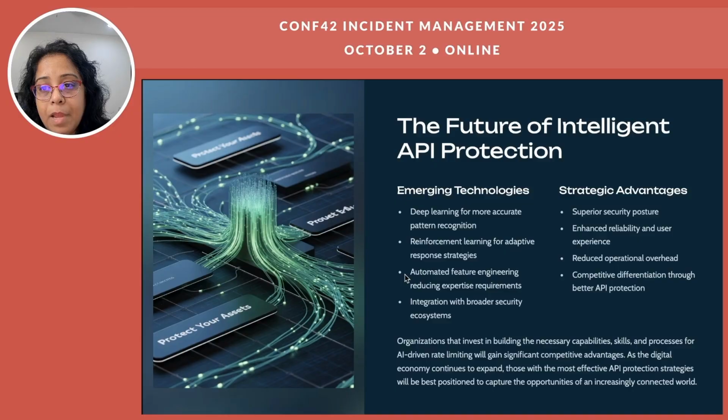So what's the story? It's about moving from rigid, dumb rules that hurt your business to a smart adaptive system that protects it. It's about using the cloud to build a team of AI services that work together as your genius security guard. It's about keeping your doors open for business, not businesses. Of course, it could be businesses as well. For everyone who brings value, and firmly closed for those who don't. The future is intelligent, adaptive, and efficient, and it's available today. So let's make use of it in your respective systems and companies wherever you're working.